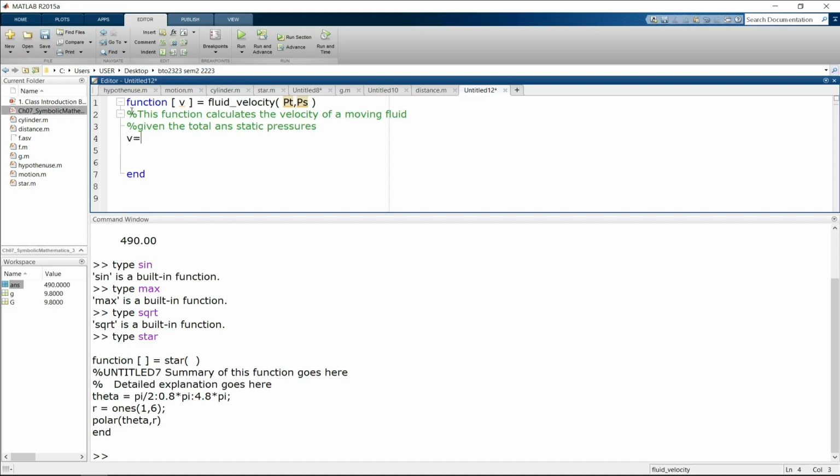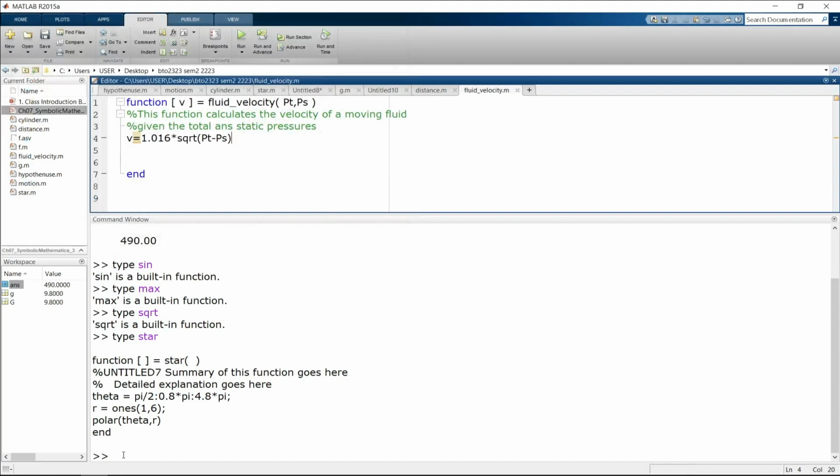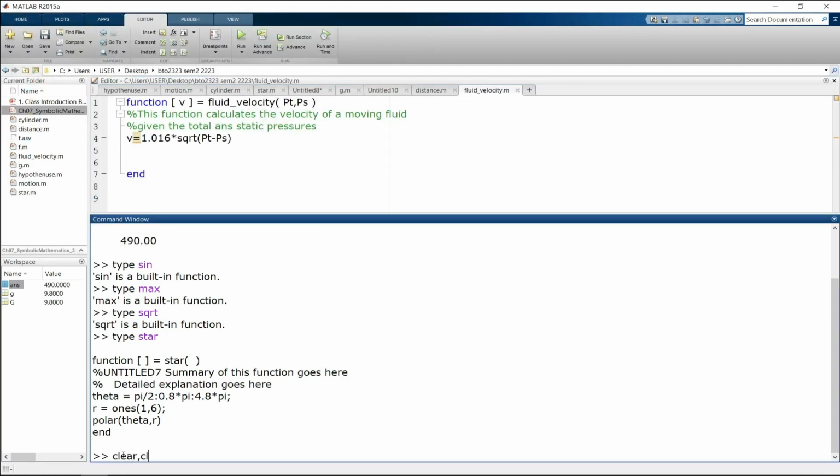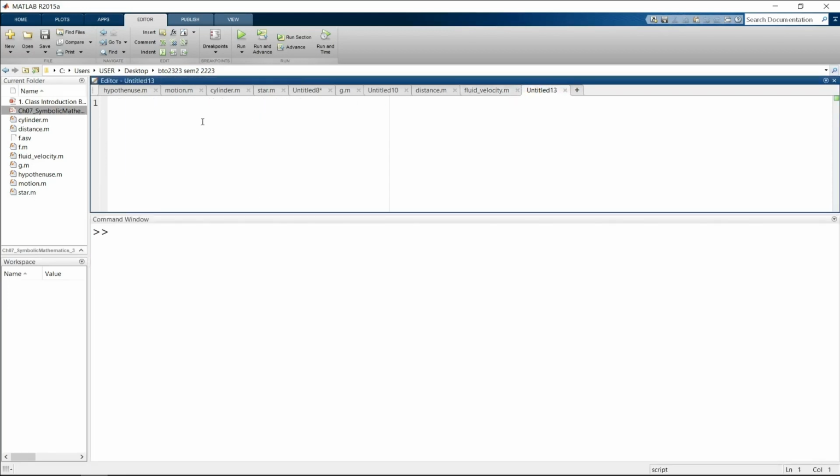And then type the equation that you need to calculate the output: 1.016 multiplied with square root of pt minus ps, and then save this file. Use the auto-populated file name, save, and then now clear the workspace and command window. Next, create a new script. This is the script file